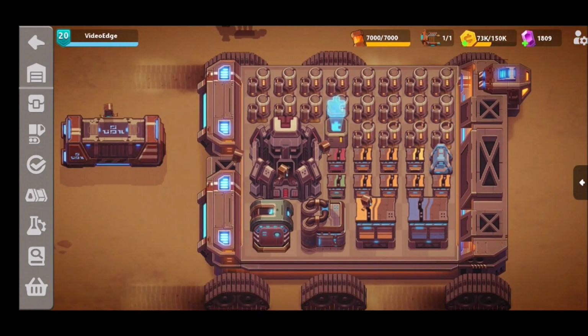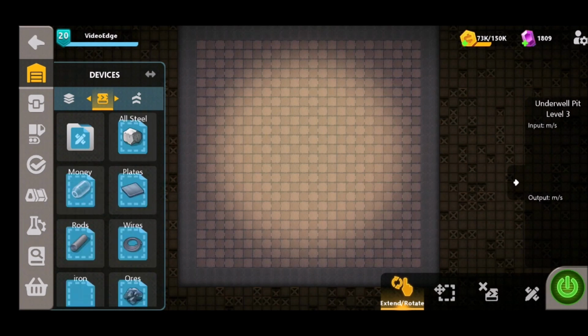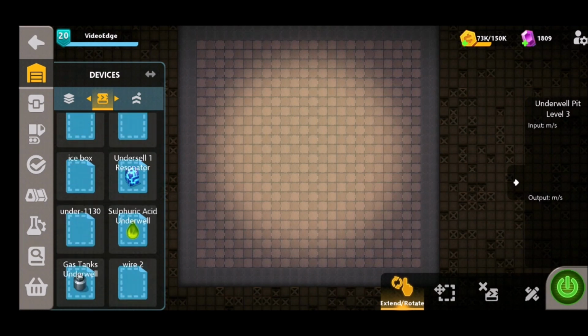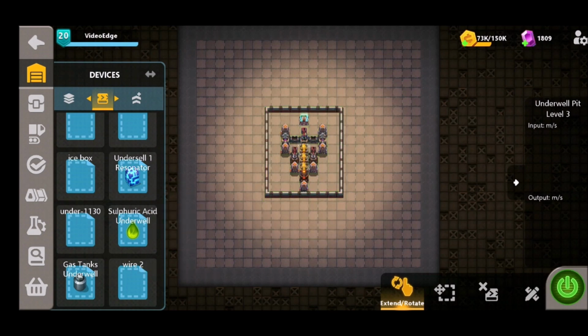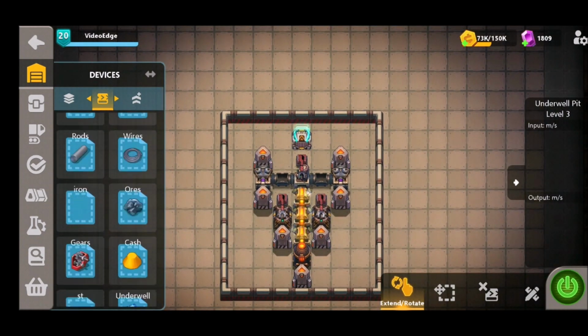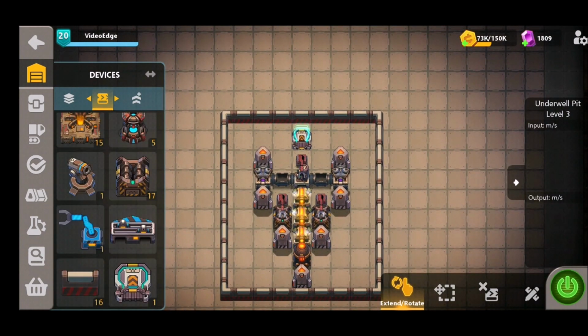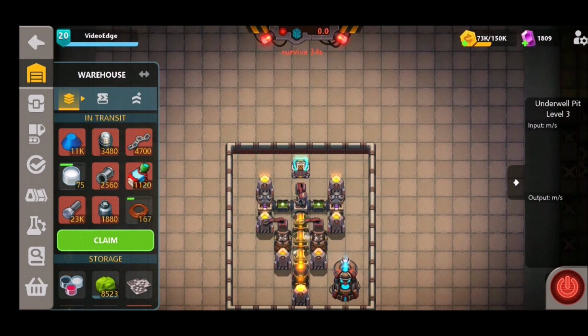It is also very useful for the Underwell Pit. Now in the Underwell, you can only use 3 materials to damage the drifters with this, and we've gone ahead and made a little example here. As you can see, this is our sulphuric acid setup. It's just for demonstration purposes, and if we pop a resonator into this setup and kick it off, we'll be able to see that as the devices build that sulphuric acid, it loads it into the thrower and it will